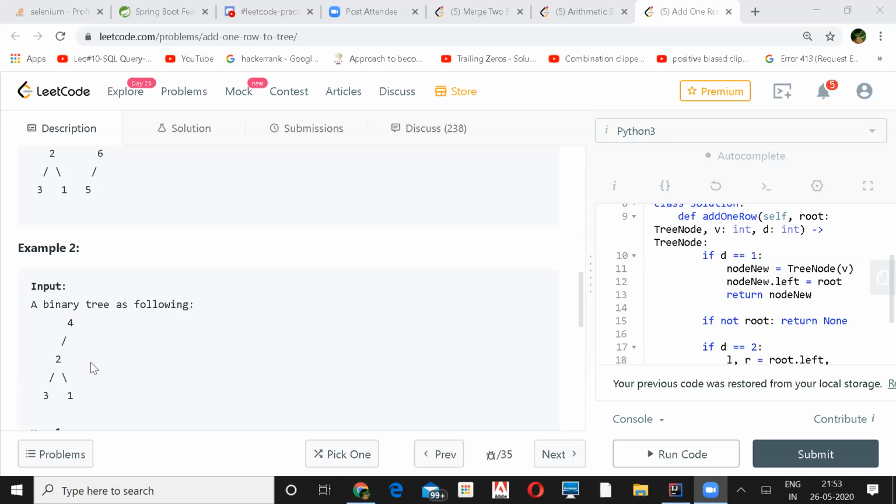And if you have d equal to 1, in that case, it is shown there. So your whole tree will be a left subtree for the particular value, and that will be your root. So like the way you have 4 here, you'll have 1 which will have a left subtree which is pointing to this node 4, and its right subtree will be null. So these are the only 2 things which we need to take care of.